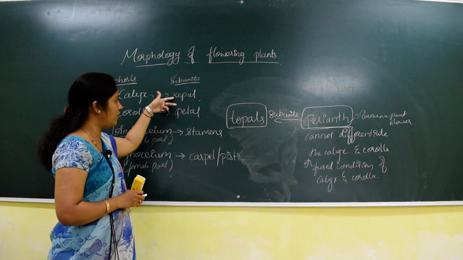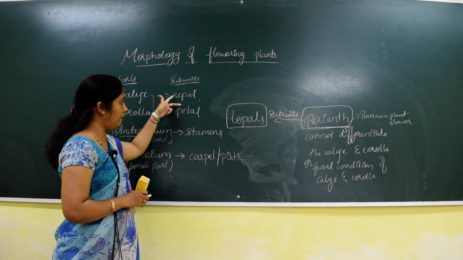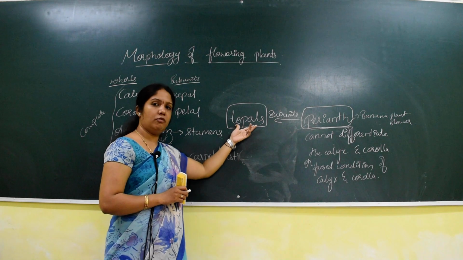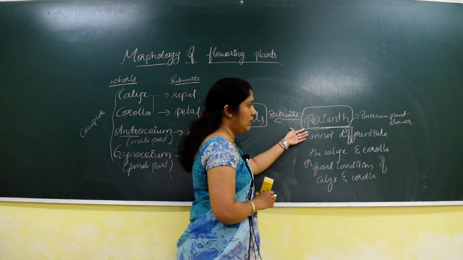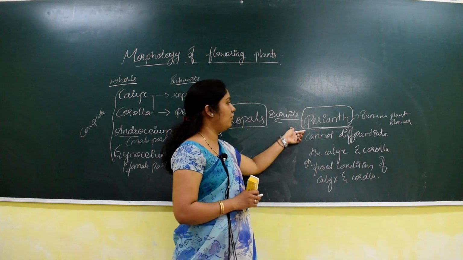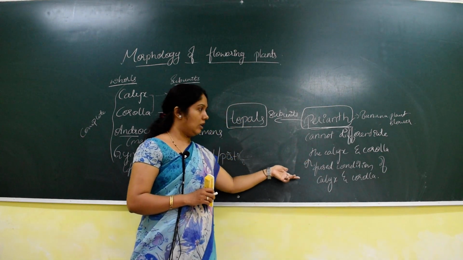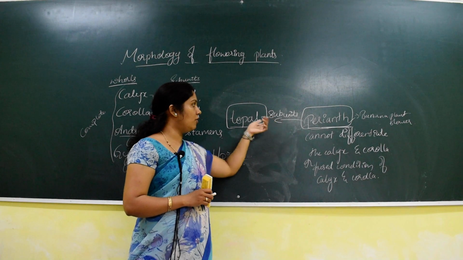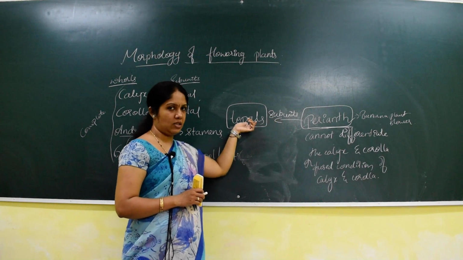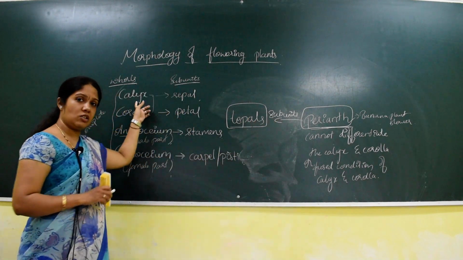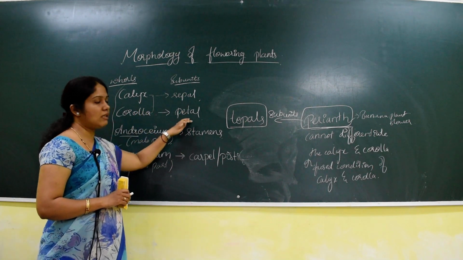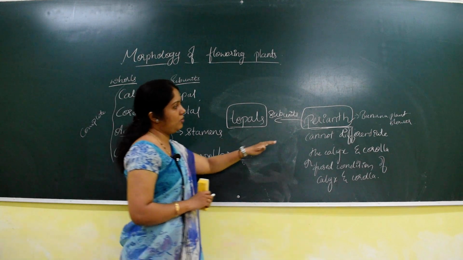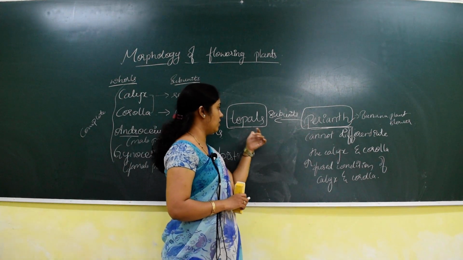It is a fusion of sepal and petal. Sepal and petal, the word made by fusing both, what is it? Tepal. So the perianth is a condition where we can't differentiate the calyx and corolla, and the subunit of the perianth is called as tepals, whereas the subunit of calyx is called as sepal. The subunit of corolla is called as petal, whereas the subunit of the perianth condition is called as tepal.